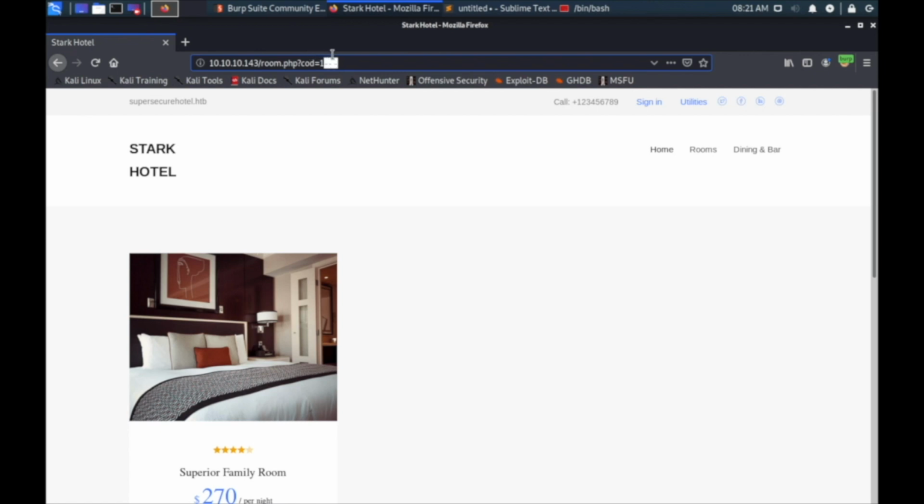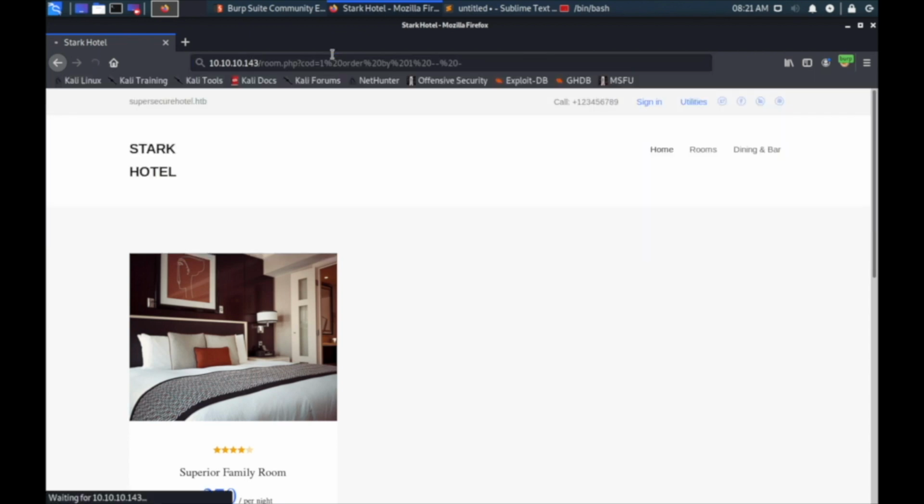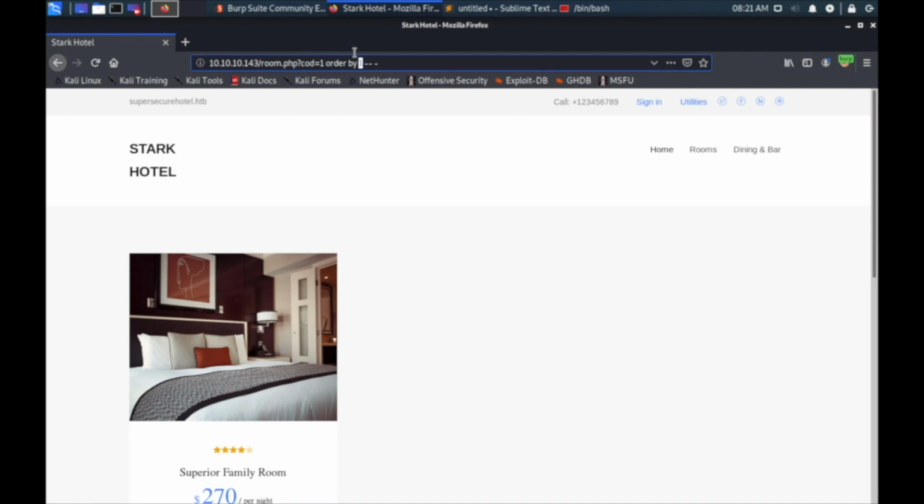So the first step generally I'm trying to learn is how many columns I'm going to deal with by saying order by, and I will write some numbers here. Let's start with 1 and the comment. If it's not giving me an error, I will just increment the number until it gives me an error. For instance, if I say 5,